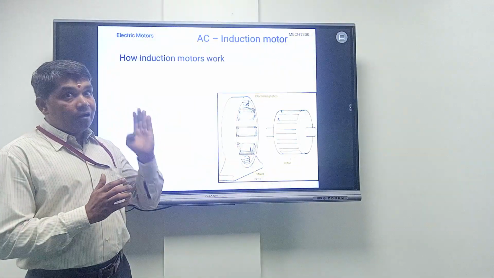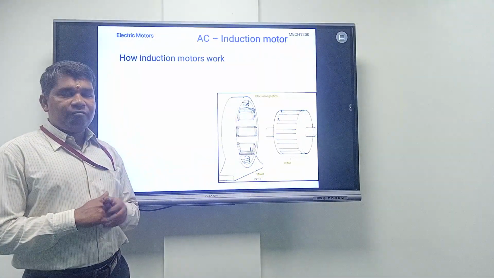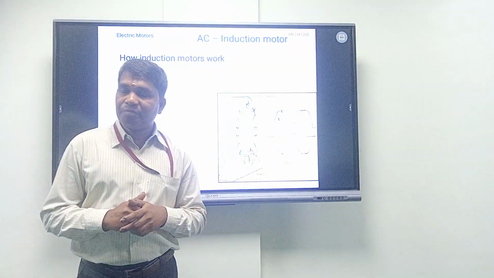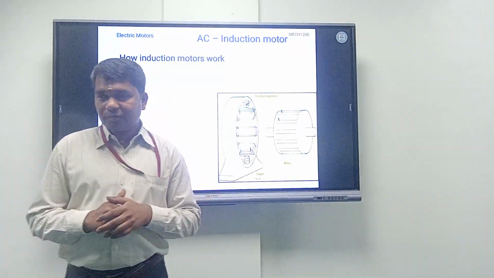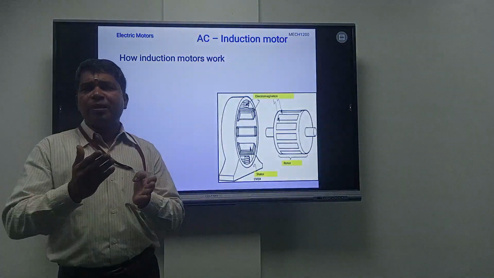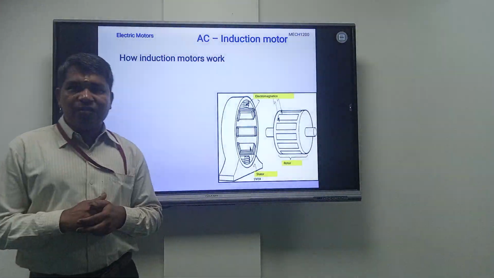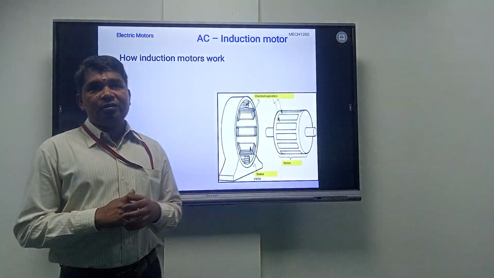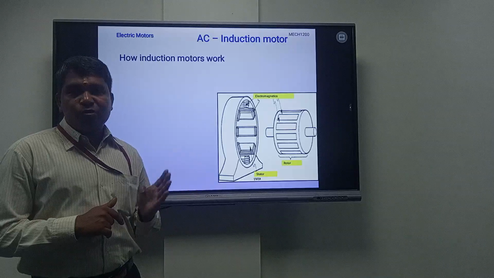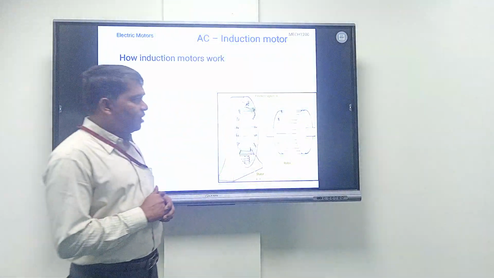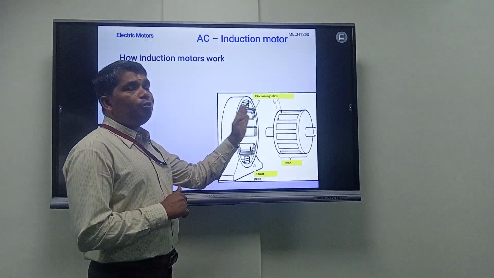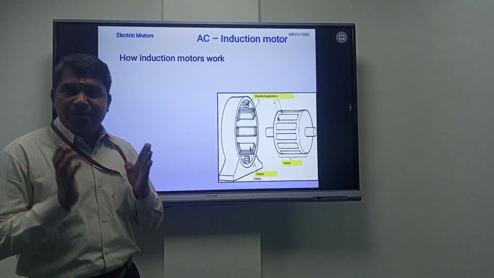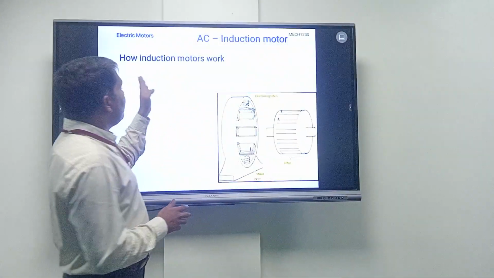So in a transformer, how do we give the supply? We give the supply to the primary winding. The winding to which supply is given is called the primary winding. When you give supply to the primary winding, the primary current flows through it and establishes the EMF in the primary winding according to Faraday's law. Similarly, the same flux will also go to the secondary winding in the transformer. In a similar way in this induction motor,